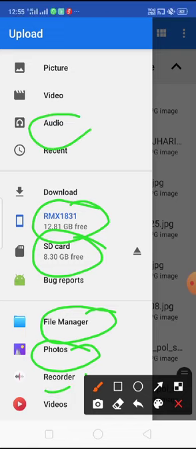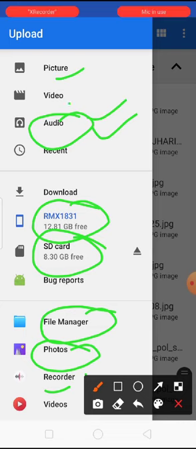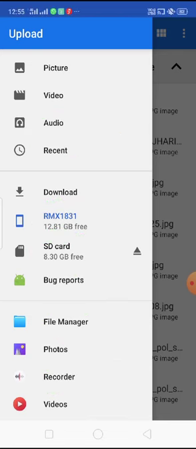If you want to go to the audios, you can go to the audios, because now you want to send a recording. Your recording will be saved, you can give a name to that recording, and by default it will be saved here in audio. If any picture, video, like this you can go to the different topics. So now we will go to the audio.